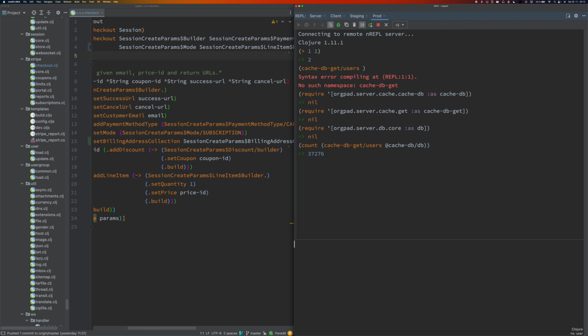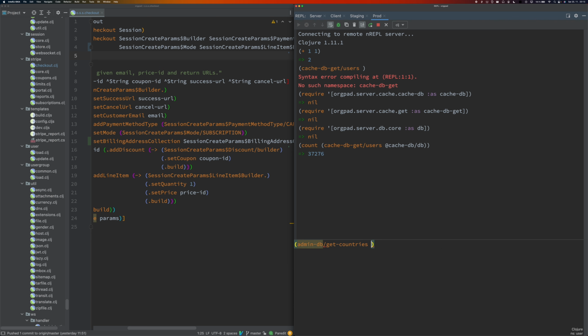Now you can see that I'm connected to a production infrastructure. So let's do some computation with some data I can actually show you here. One type of data I can show you are some high-level statistics. So let's take a look at statistics involving countries. We know by IP address when you connect to OrgPad which country you are from, and we are aggregating statistics from which countries people use OrgPad. And these statistics are stored in admin.db.